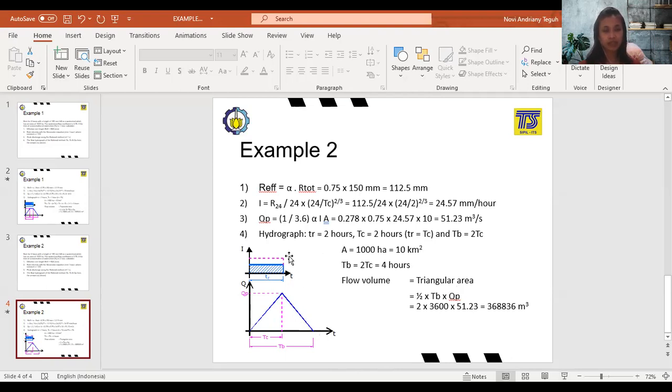And if you want to calculate it, it's still the same. The step will be the same, but the difference is that it will have a time lag, which is the difference